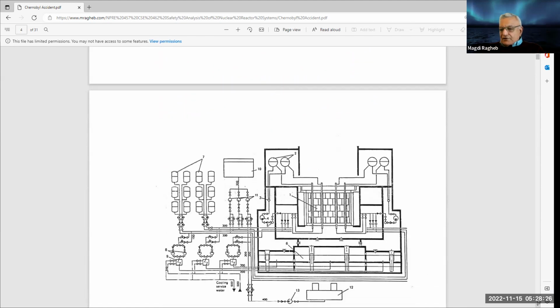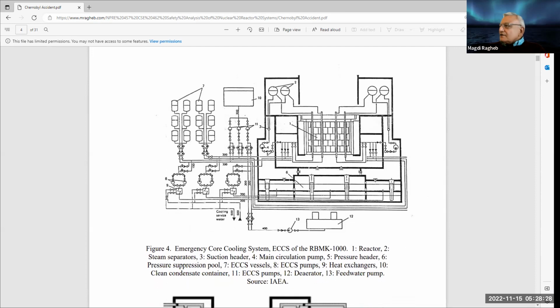Again, I show you here the flaw in the design. And in fact, this is a feature that should never, ever be built again if you design any kind of a power plant. Here is the core. And look here, this is all water. If you look here at the legend number 6 and study the design, you'll find they call it the pressure suppression pool. And in boiling water reactors, we make sure that that pressure suppression pool does not lie